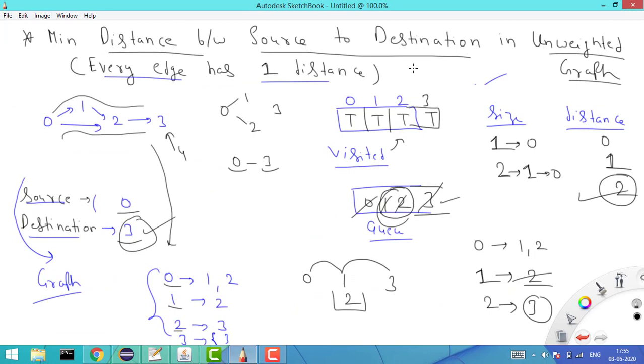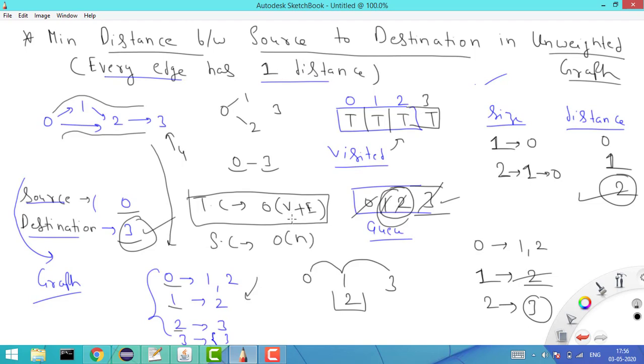Now if you see the time complexity in this case, we are following the BFS approach. So it means we are traversing each vertex, each vertex meaning each index in this case, and if there are e edges, we are covering all the edges. So my time complexity will be big O of v plus e. And if I talk about the space complexity, because my graph is already given, I should not consider it. Now I am using this visited array, and I am using the queue. So in both the cases I am taking big O of n, which means big O of v, the vertices I have. So this will be my space complexity, right?